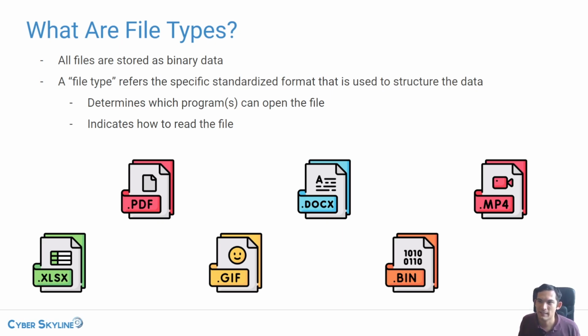File type refers to the specific standardized format that is used to structure the data within the file. So up here on the slides, you can see a couple of examples. Sorry, this is mirrored. We've got a PDF, a docx, an MP4. These are all different file types, and each one has a specification, a standard on how the data in that file is stored. And computers use these file types to determine what types of programs can be used to open the file, and app developers follow the specification for the file type to actually read and even write contents